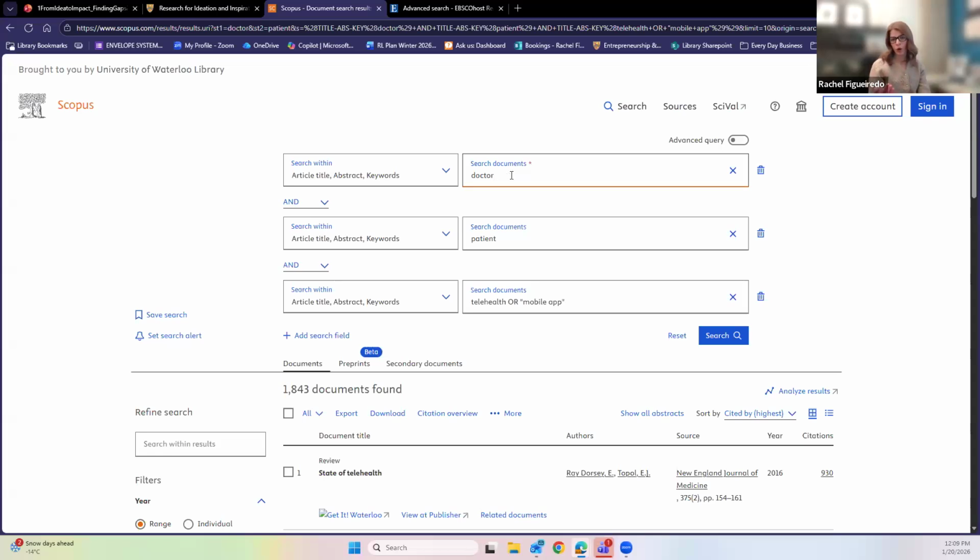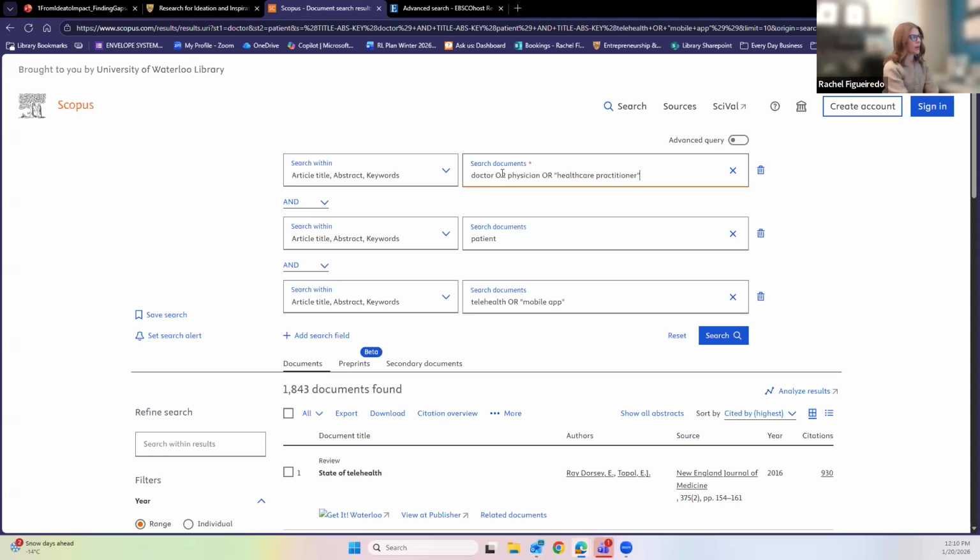However, if you wanted to get more complicated with your search, if you wanted to do doctor or physician, I can't type right now, or healthcare practitioner, and you wanted to keep expanding your search with different synonyms for each one of these keywords, that might be a benefit to separating out the different search fields. So that's usually why I would do that.